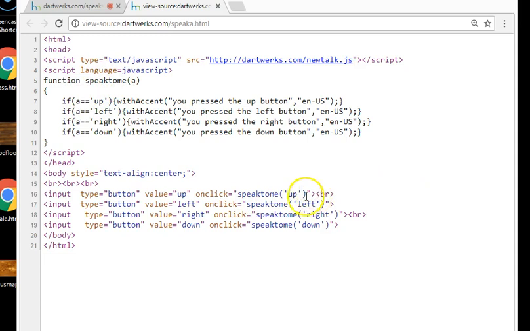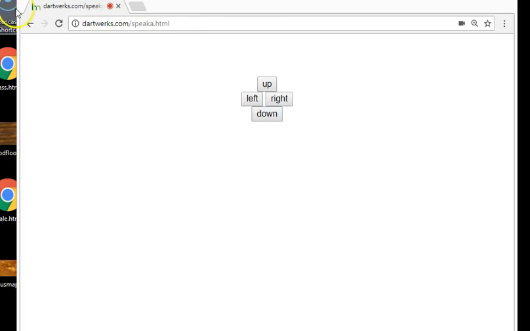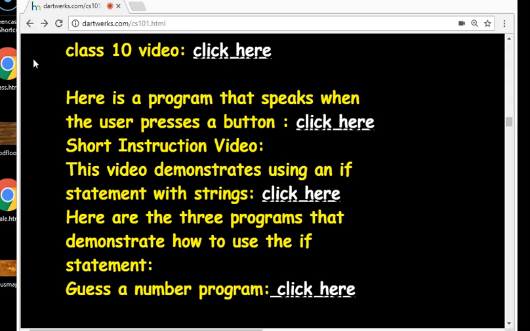It sends the word up, left, right, or down. And when it gets up there, it says, well, if the word they sent right here is up, then say this to them. If it's left, say that to them. If it's right, say that to them. All the accent does is make it say these words with this accent right here. And that's all there is to it. Not much going on there, but it's kind of cool. It's just a simple little program. You press the button, and it says the words to you. We could use that in our 3D graphics easily. You could press it, and when it goes to the if statement, it could say, you know,